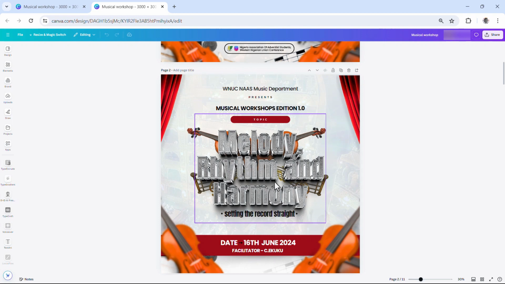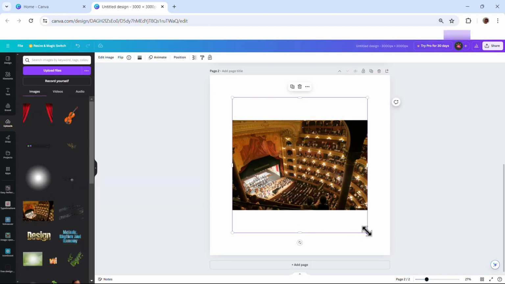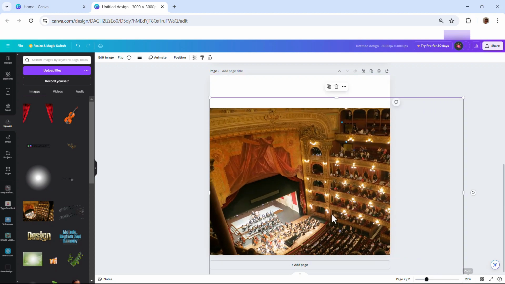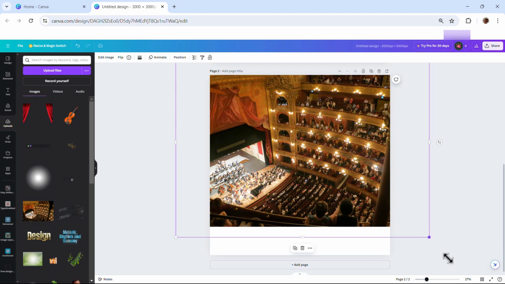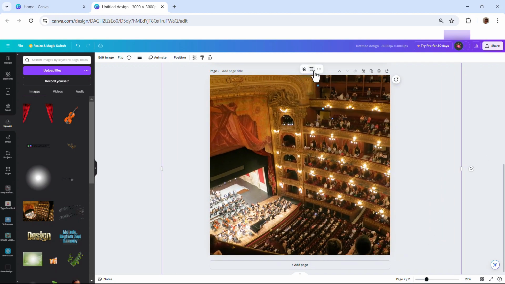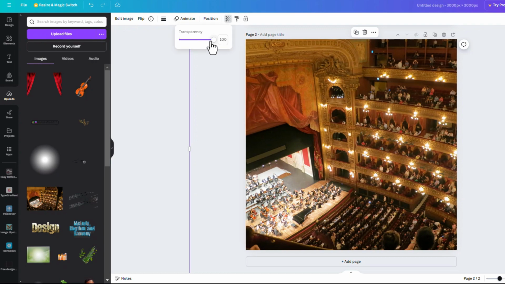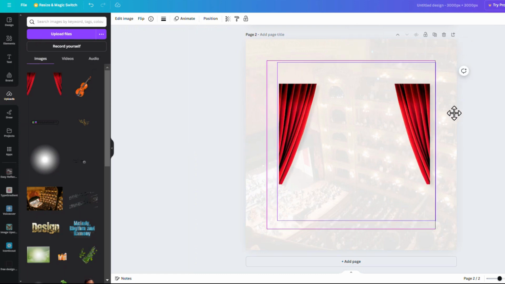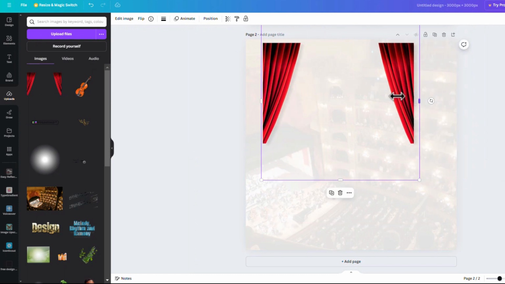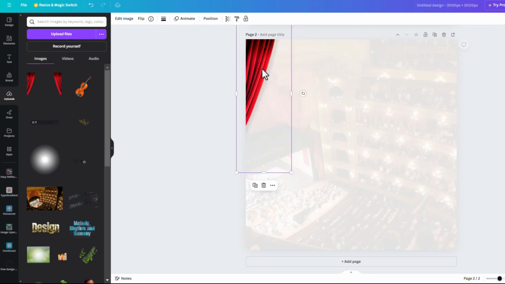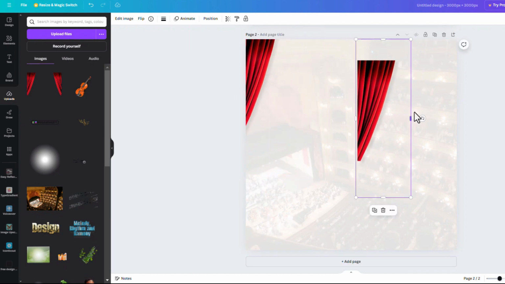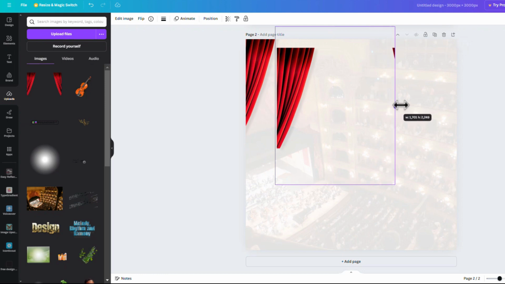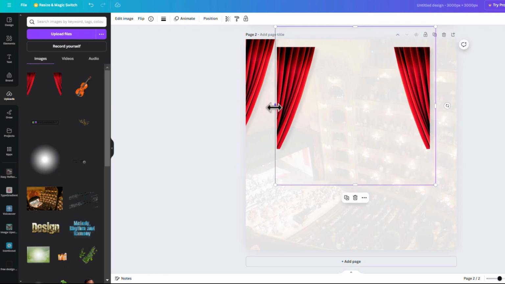Okay, so by the way, I'm just going to be fast so that we can have a shorter video today. I'm going to scale. I don't know why this thing is scaling the whole stuff. This is my background. I'm just going to go to opacity and drag the opacity to about 10, 13. Okay, and I'm going to bring this. We have this one. What I did was to cut out this one or crop it out, place this one here, make a duplicate, come here and just stretch this one out. Let me undo that. Stretch this one out until you reveal it, then just crop out this part